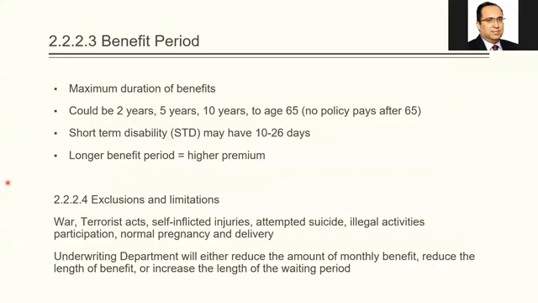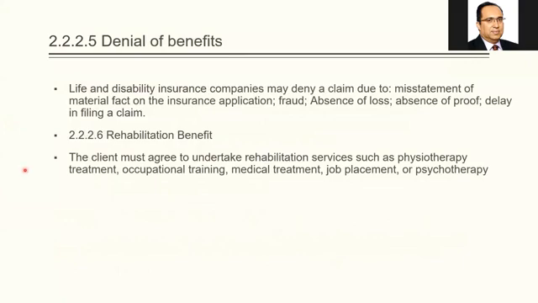And then they may deny the claim if the client doesn't give the right information. They may say that your information is not clear, so we cannot give you any benefit. There may be fraud, there may be absence of loss if the client does not have any loss in their income, or the client does not give proof that they got disabled, a doctor report is not provided, or they delay filing the claim. Based on that, they may deny the claim. Rehabilitation